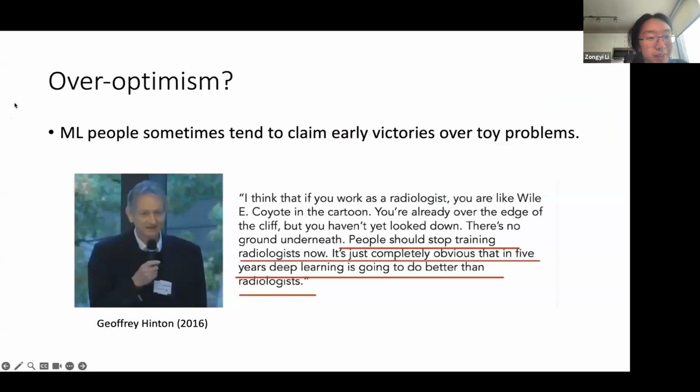Sometimes when we do machine learning for science, there is a little bit of over-optimism. Sometimes machine learning people tend to claim early victories over tough problems. For example, Geoffrey Hinton said that radiologists would be eliminated in 2016. But of course, radiologists are not eliminated. It might be the case when you play chess, play Go, or train language models.